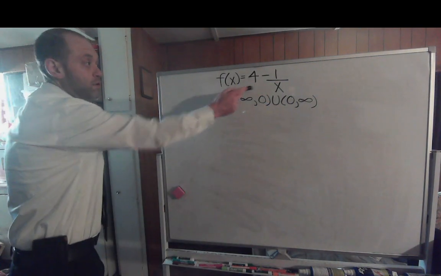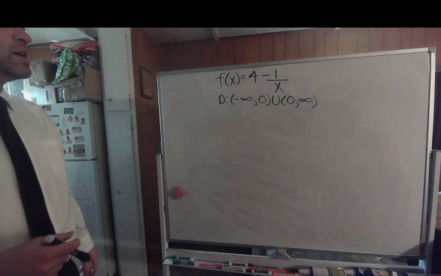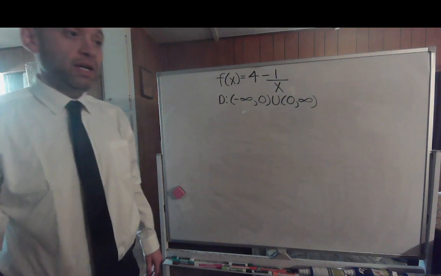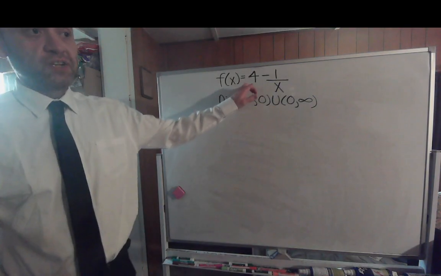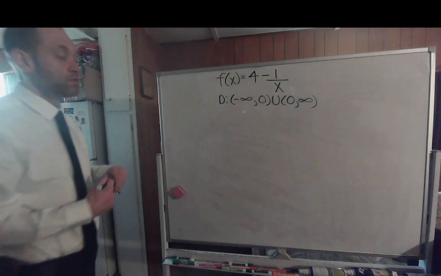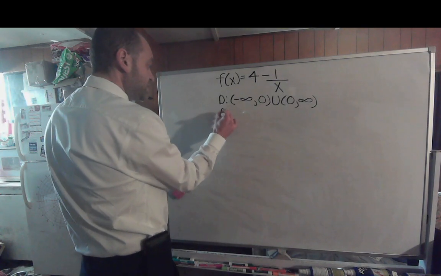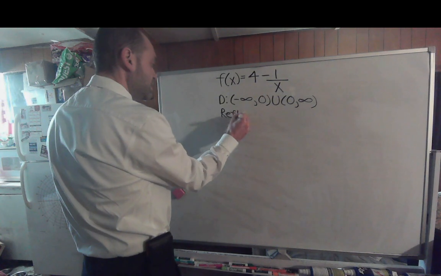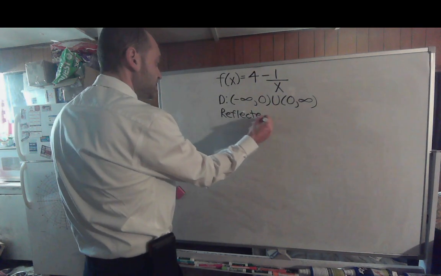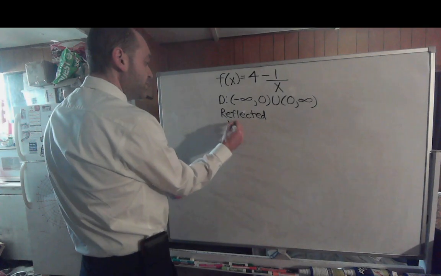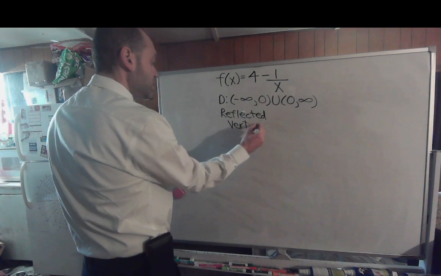And then that 4 is like a plus 4. So this would end up being a vertical shift upward 4 units. So we could definitely say this is reflected in both axes. And then you have a vertical shift